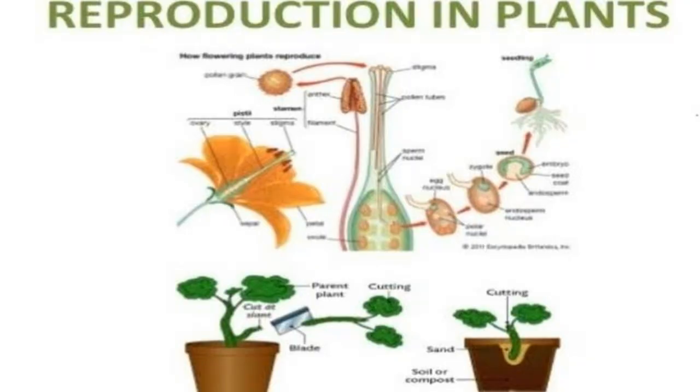Hello children. Now we are going to see reproduction and modification in plants. In this lesson we are going to learn how a flower becomes a fruit with a seed through pollination and fertilization, what is meant by self-pollination and cross-pollination in plants, and modification of root, stem, and leaves. And the last one is how modifications are useful to animals and human beings.